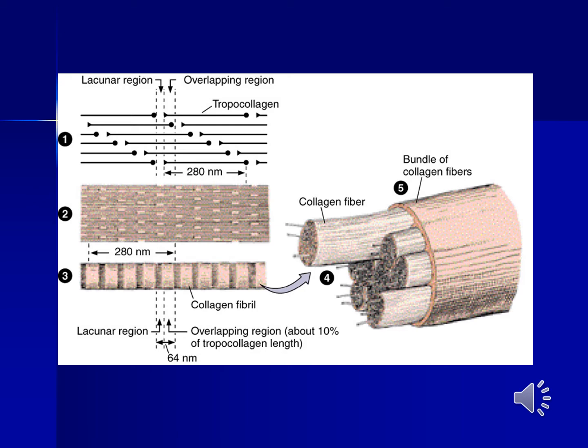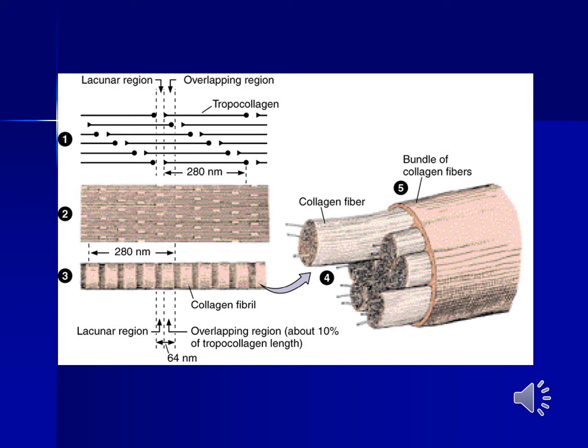Next, tropocollagen collects and forms a fibril. Fibril number 2 and then number 3 is a stronger composition because it includes more parallel collagen fibers. The next step of formation is a bundle of collagen fibers. A bundle of collagen fibers includes many sub-collagen fibers which are surrounded by ground substance and as a result form a very strong